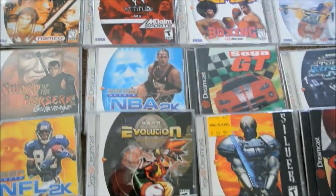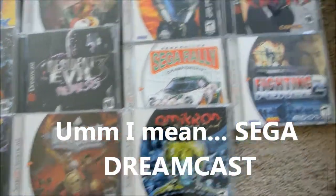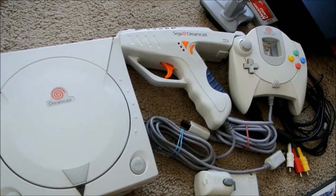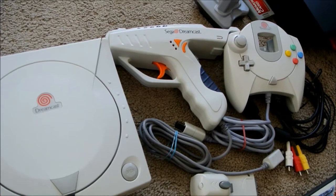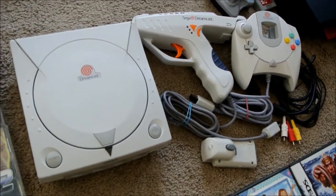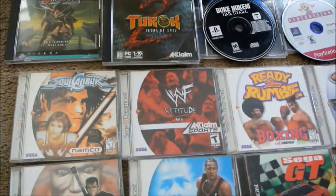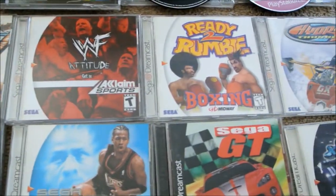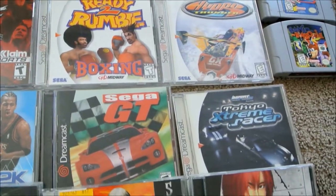In the box I found 23 Sega Genesis games, and it came with a system, a light gun or zapper or phaser, whatever they're called for Sega Dreamcast, and a controller along with a tremor pack and cords. $15 for the whole box of stuff, including these 23 Dreamcast games: Soul Calibur, WWF, Ready to Rumble, Hydro Thunder,